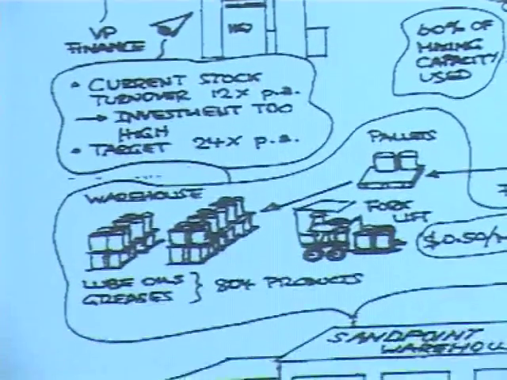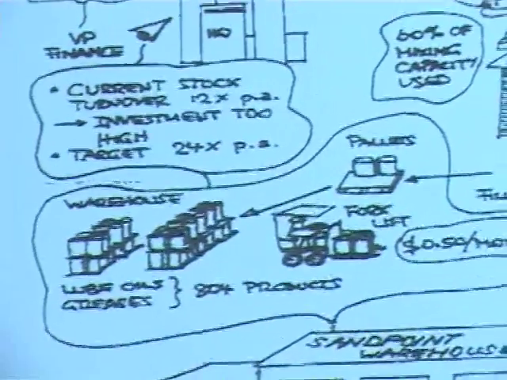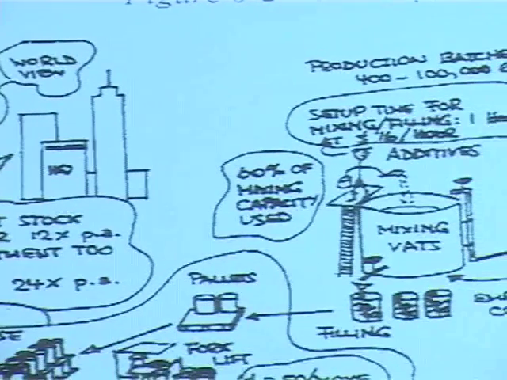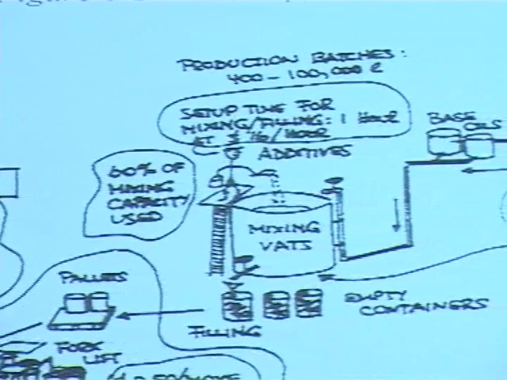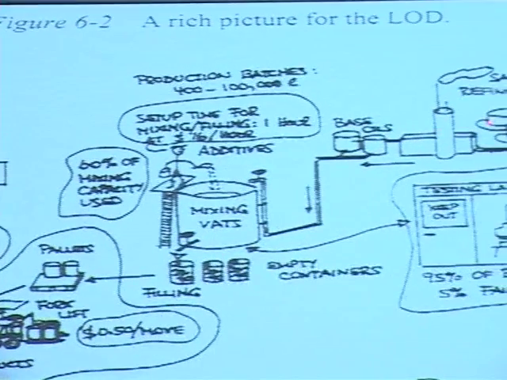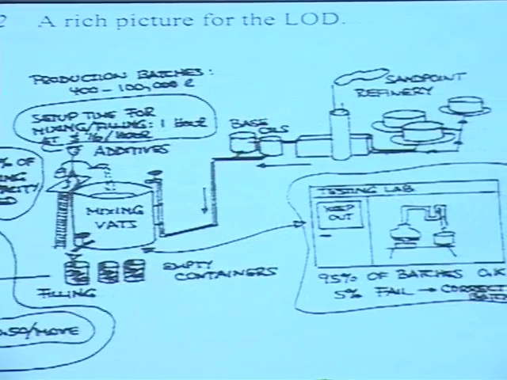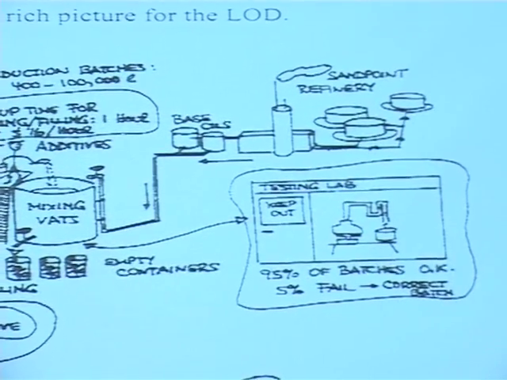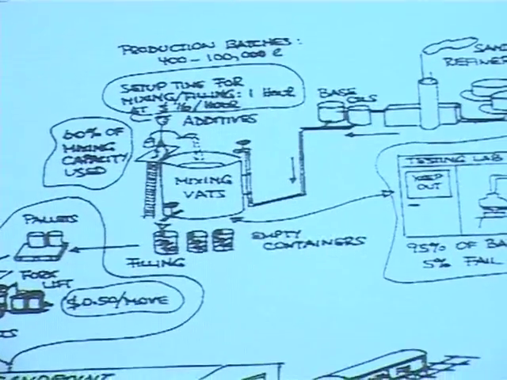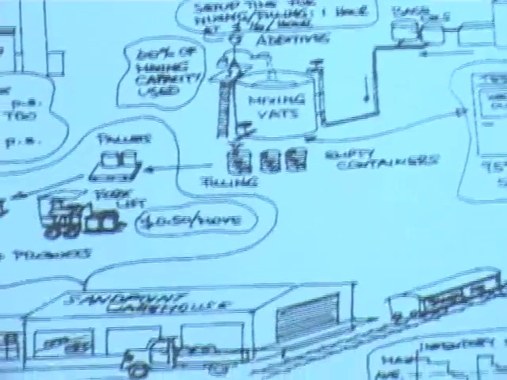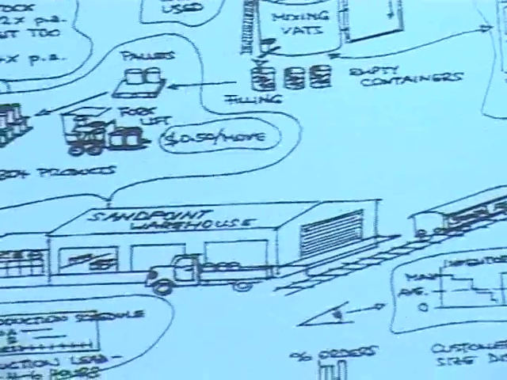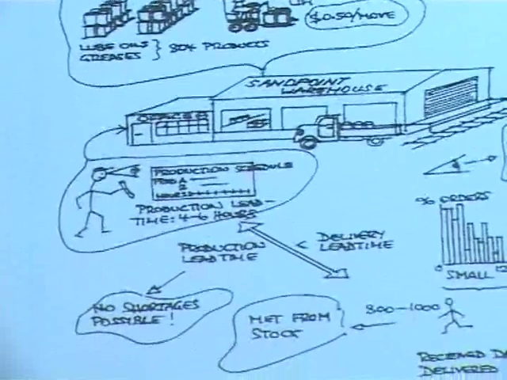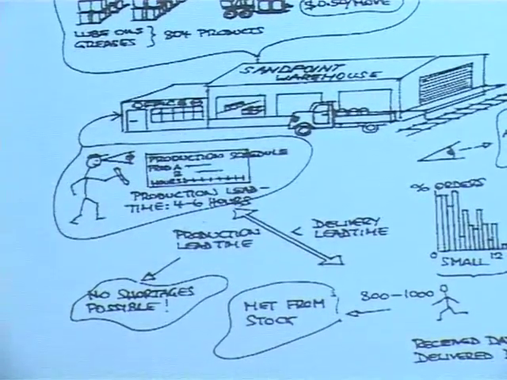So you can see that at the top over there, there is the refinery. This is the bigger company. It's called Sandpoint Refinery. They make several products. Some of them are called base oils. Base oils, baz yağlar, are the primary products which are used by LOD to produce the finished products. Actually, what they do is they take different types of base oil and mix them in certain proportions and maybe put in some additives to produce the required finished products.